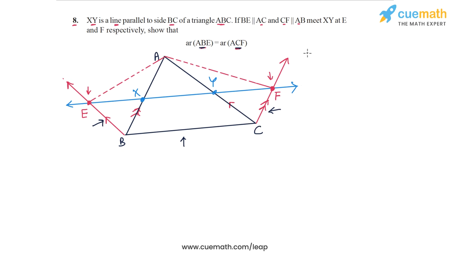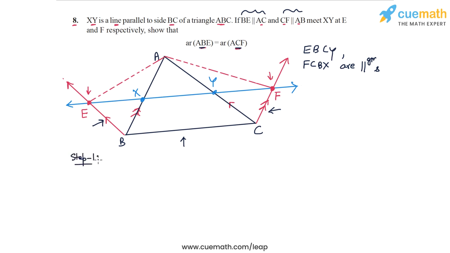First, let's write the basic observation that the quadrilateral EBCY, this quadrilateral, and the quadrilateral FCBX, which is this quadrilateral, both of these quadrilaterals are parallelograms because for both of these quadrilaterals the opposite sides are parallel because of what's given to us and by the way we have constructed the various lines and rays. Okay, now in the first step